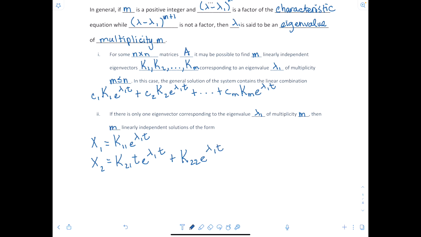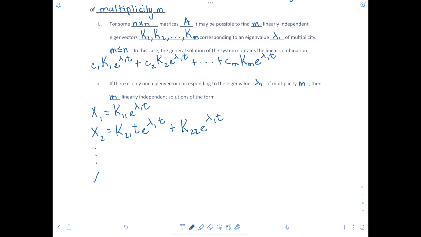You'd keep going in this fashion until you got to capital X m equal to capital K m1 times t raised to the m minus 1 over m minus 1 factorial times e to the lambda 1t,